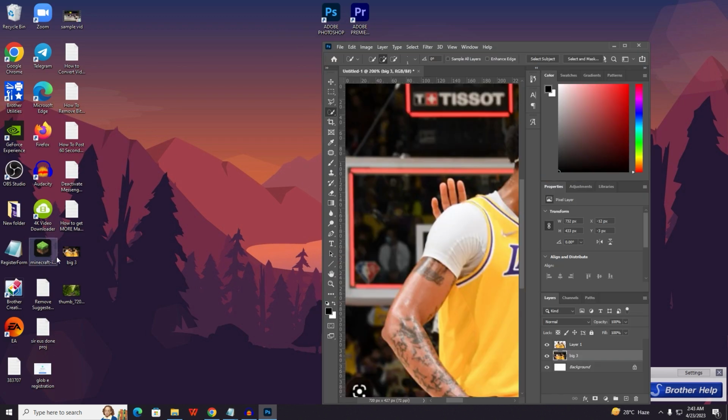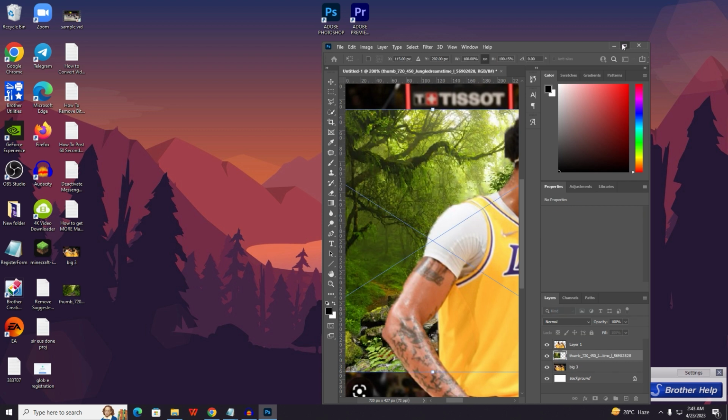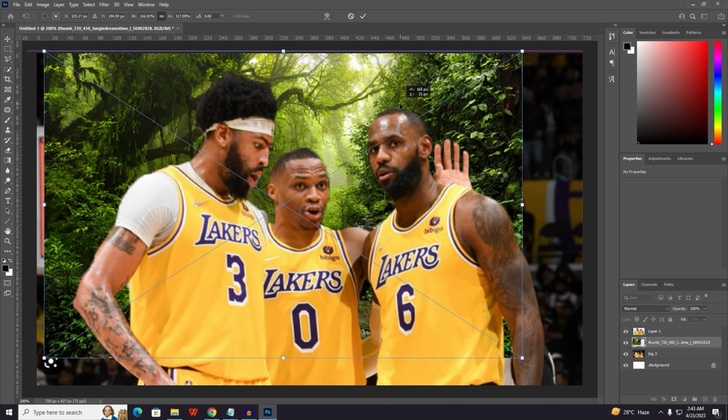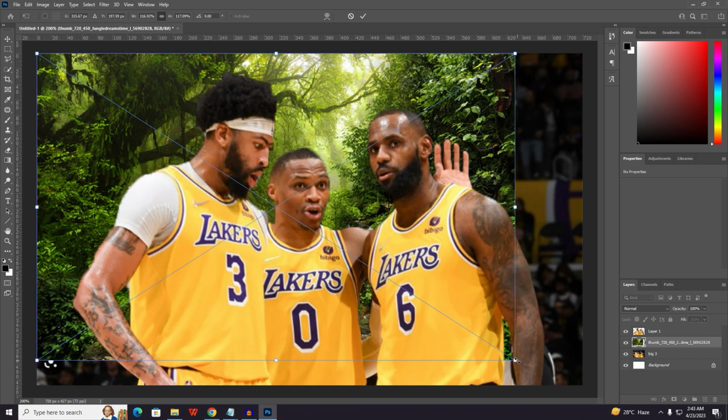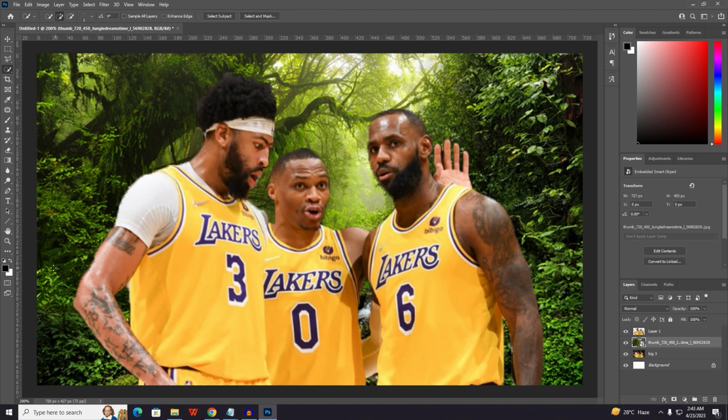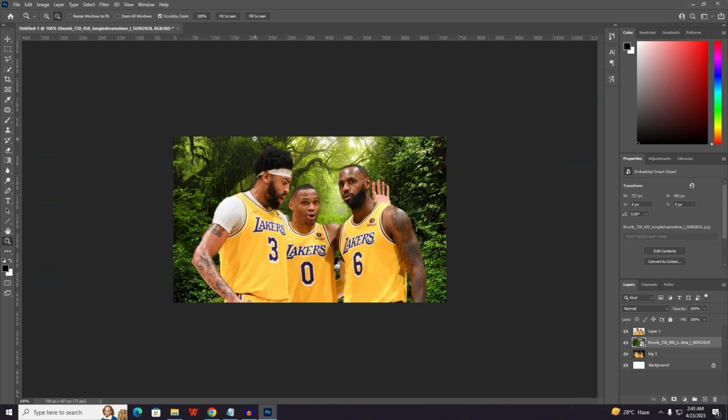After that, minimize Photoshop and drag in the new background we will use. Just expand it to make it fit our subject. And as you can see, it's not that perfect, but it's good to the eyes. So that's pretty